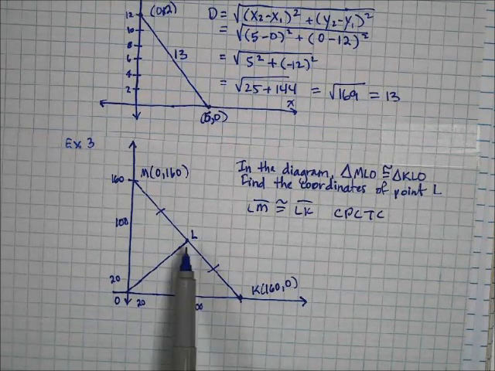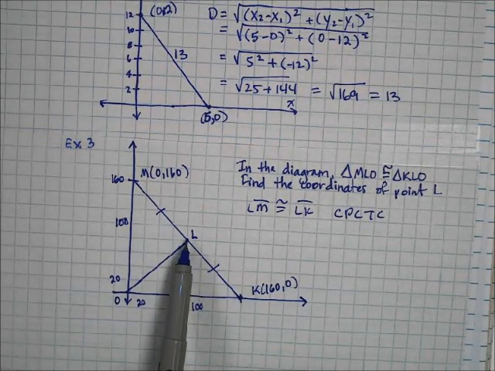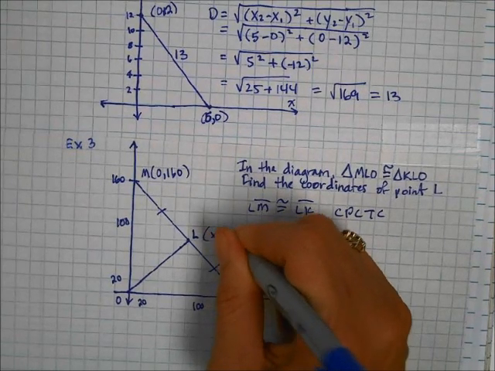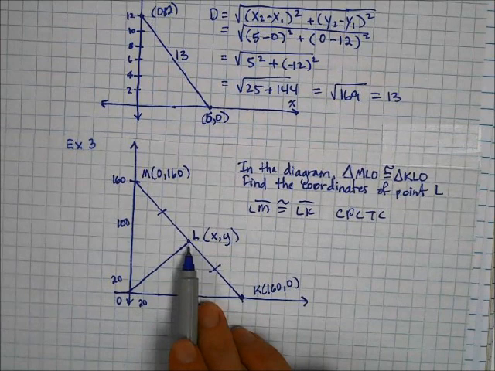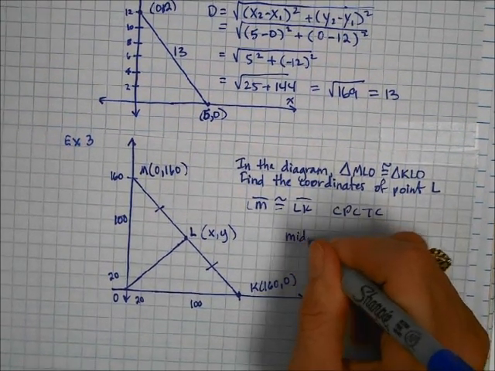And so if we want to find the coordinates of this, it looks like that's probably going to be the midpoint of that line. It's halfway in the middle. So to find the coordinates, in other words, the x and the y value, we're going to calculate the midpoint of this line. If you remember right, to calculate midpoint,